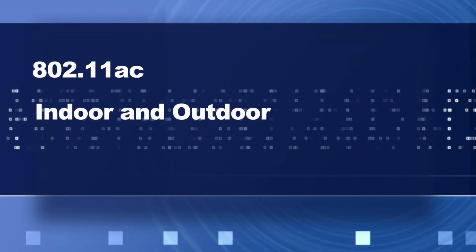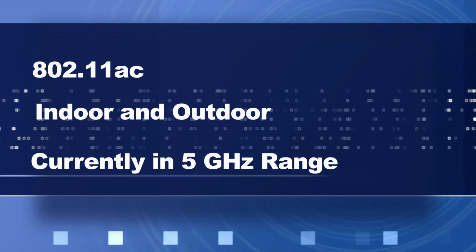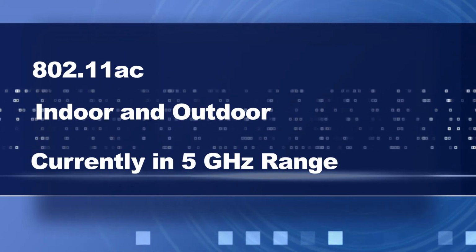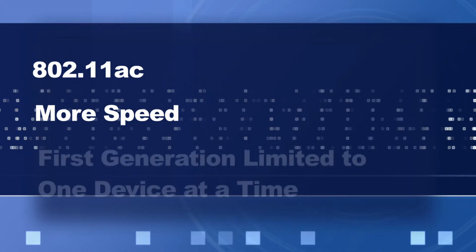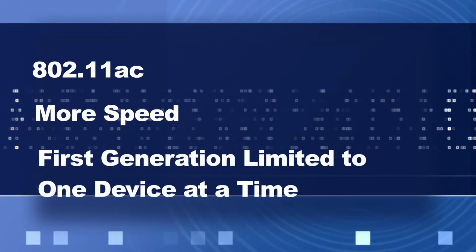802.11ac, first and foremost, is only focused on 5 gigahertz technology. So all of the benefits will come from devices that all now are starting to come out with 5 gigahertz. Now, the device types are very important. The big advantage to 802.11ac is that it introduces more speed onto the PHY, or the bandwidth that you get out of the radio. But traditional 802.11ac, in the first generation of it, only can talk to one device at